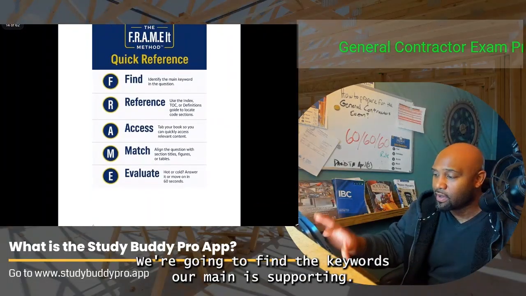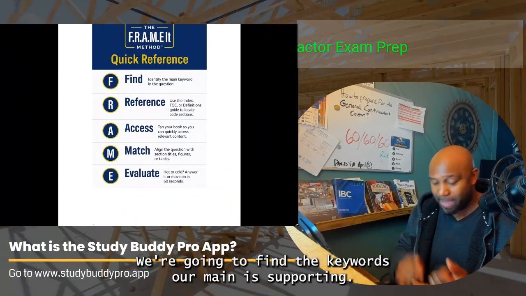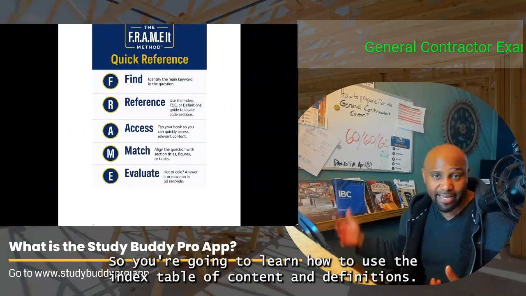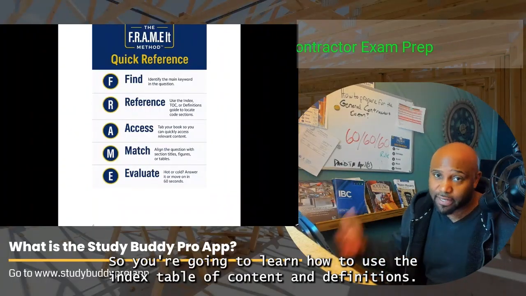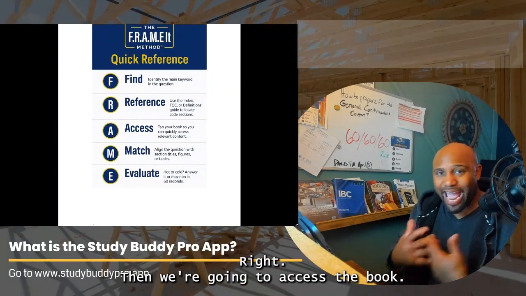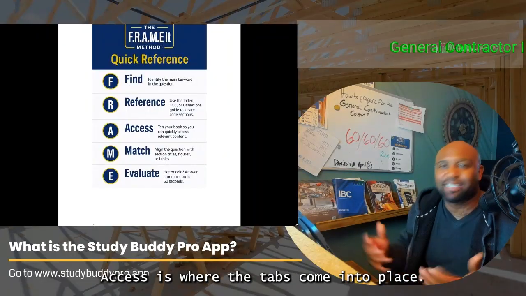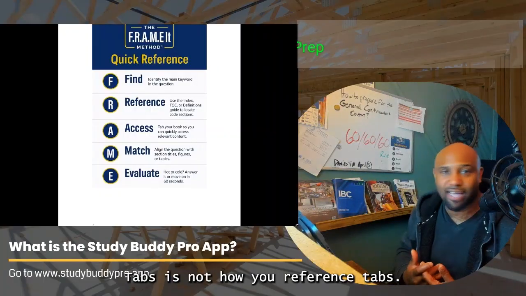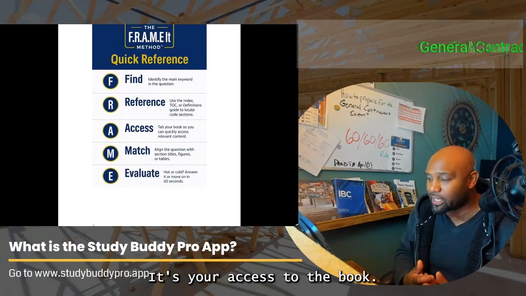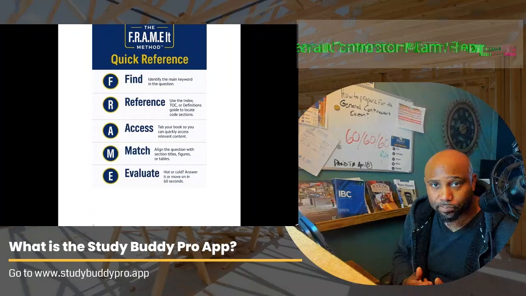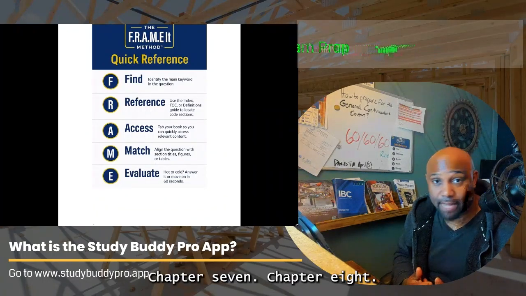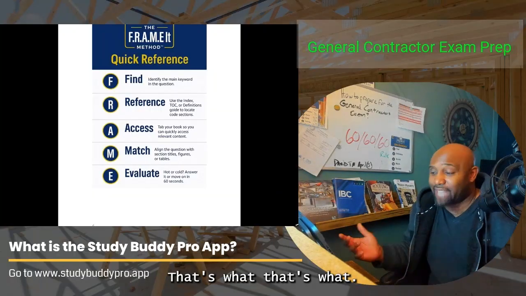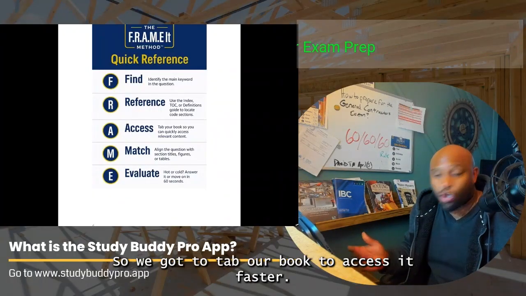We're going to find the keywords, our main and supporting. We're going to reference the compass, so you're going to learn how to use the index, table of contents, and definitions. Then we're going to access the book. Access is where the tabs come into play. Tabs aren't where you go first. Tabs aren't how you find keywords. Tabs aren't how you reference. Tabs are your access to the book: Chapter 6, Chapter 7, Chapter 8, span tables. That's what access is. So we have to tab our book to